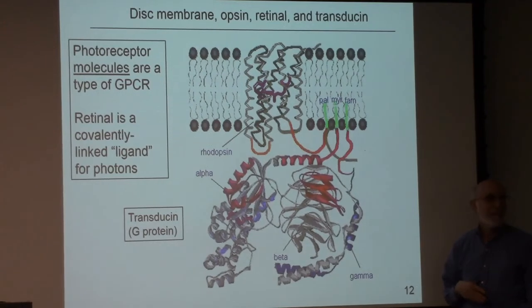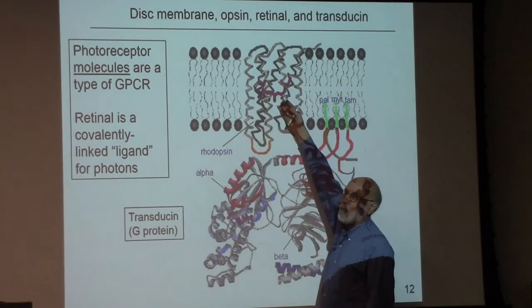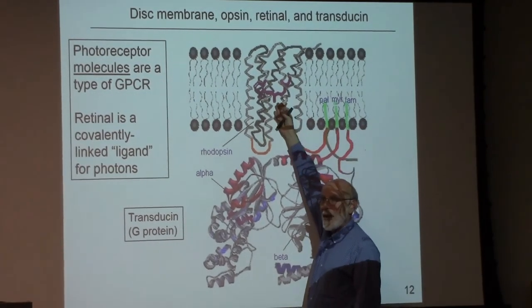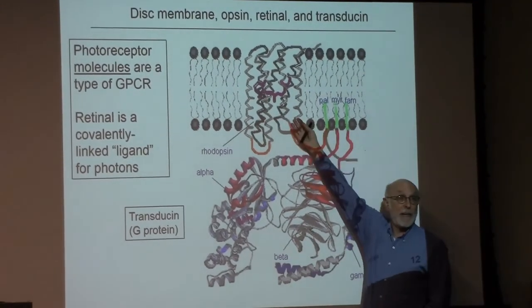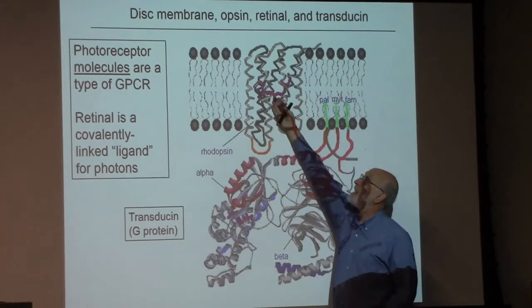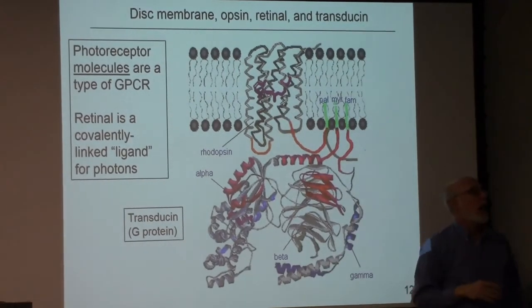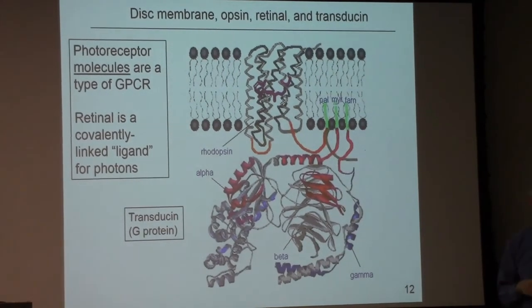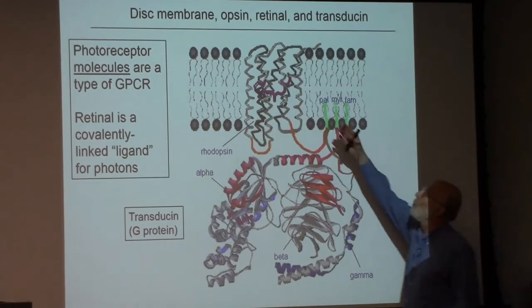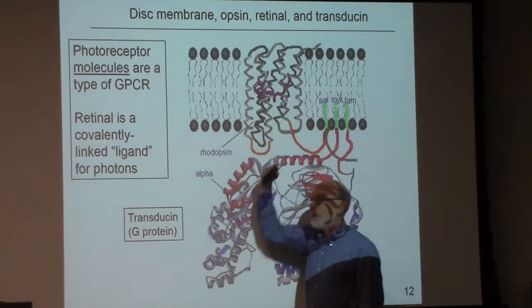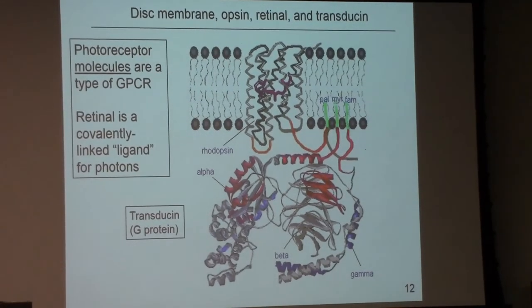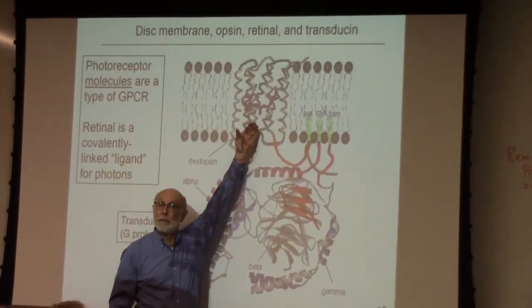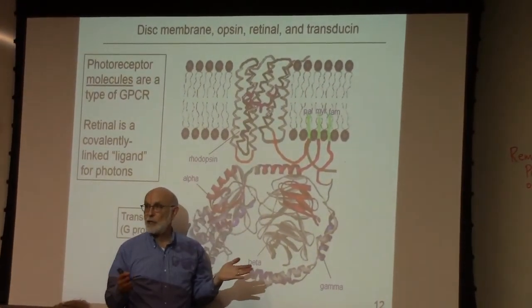No, vitamin A. Retinal. Retinal is a small molecule that is the ligand that activates the GPCR when light hits it and does a photoisomerization, a cis to trans isomerization of the retinal. That is what converts it into the ligand that activates the GPCR. So a photon hits the retinal, conformational change, cis to trans isomerization,